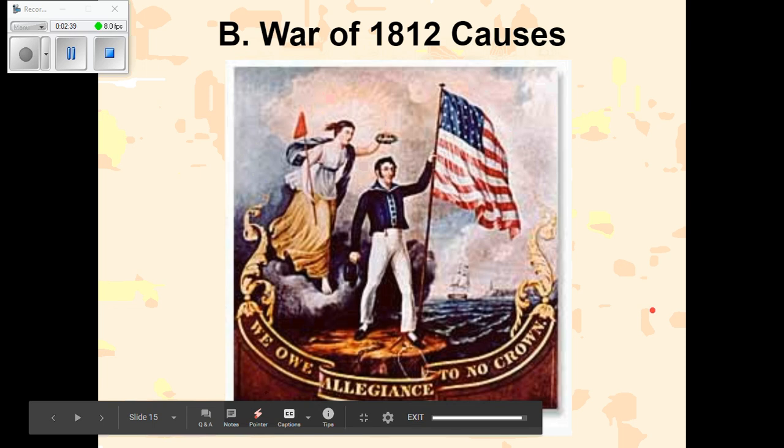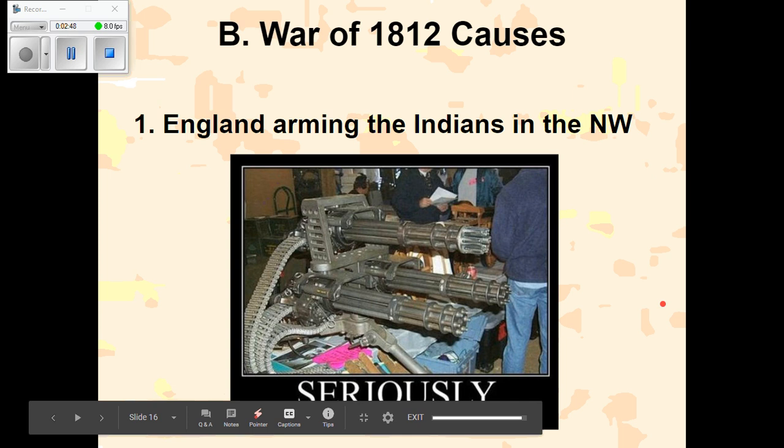First of all, the main causes of the War of 1812. Now, this isn't one that we just jumped into right away. This was building over time because the Native Americans were being helped by the British here. It's the old story of, I think it's Tom Sawyer by Mark Twain, where he's told by his aunt or someone to paint the fence, or whitewash as they called it back in the day, and he didn't want to do it because it was just boring work. And so he conned somebody else into doing his work for him by telling them how awesome it actually was. And then his friends ended up doing it, and he could sit off to the side and kind of just take a nap. Well, in essence, this is what's going on in the War of 1812, at least for the causes.